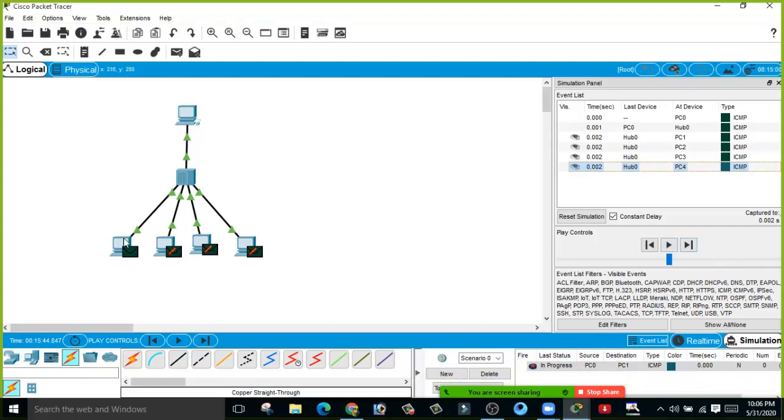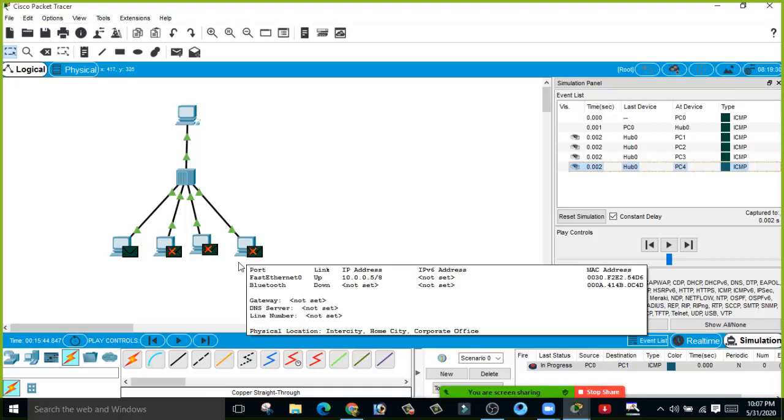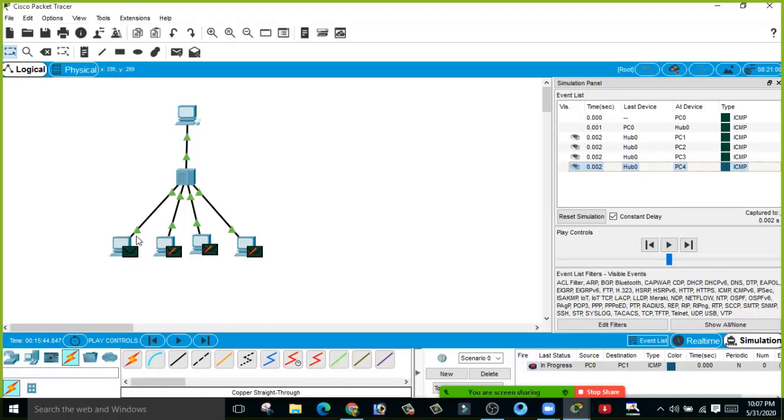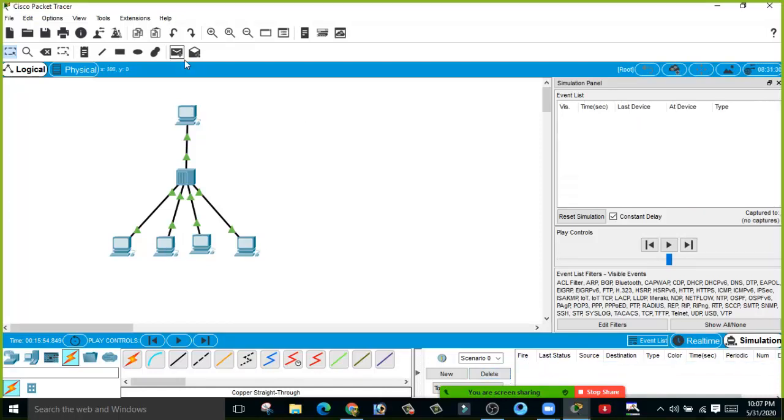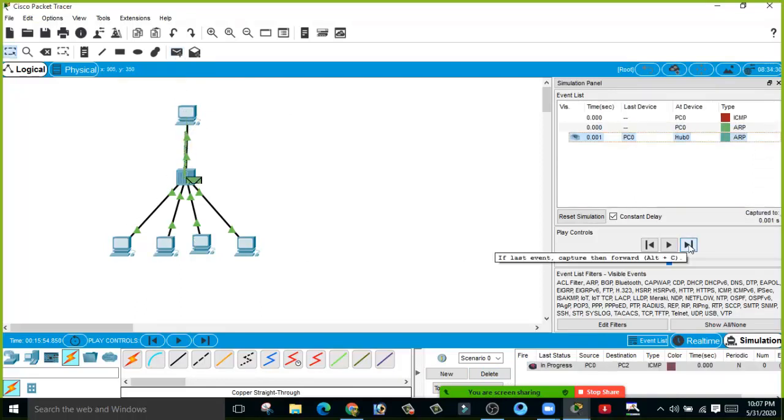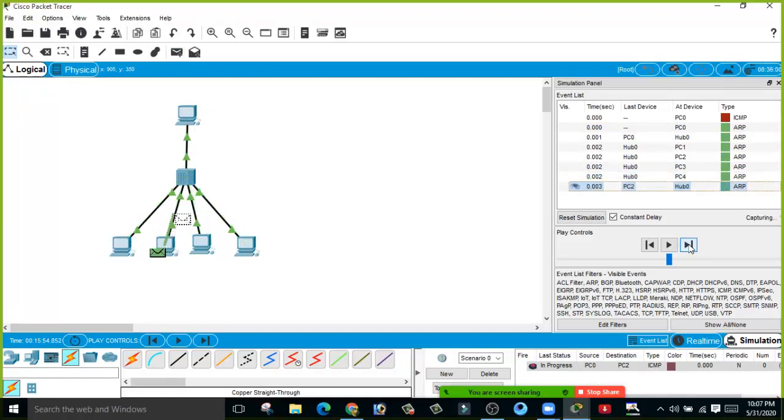This data is for 10.0.0.2, for this computer. So it has received the data, and all the other devices have ignored the data, since it is not for them. Now this PC is going to send a reply, I have received the data. The reply goes to the hub, and again the hub broadcasts it to all the devices connected to it. Clear? And here you get the message success, which means the data has been successfully delivered. It happens all the time. If you send 100 times, the hub follows the same steps 100 times, broadcasting the data to all connected devices every time.